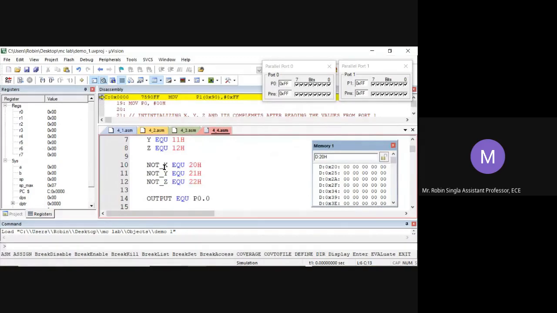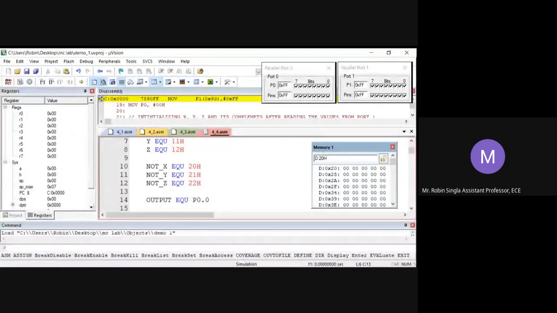Okay, X, Y, Z are 10, 11, 12, and Not X, Not Y, Not Z are 20, 21, 22H. Where is 20, 21, 22H? 20 is 24. If 10 is 21, it means 11 is 20.